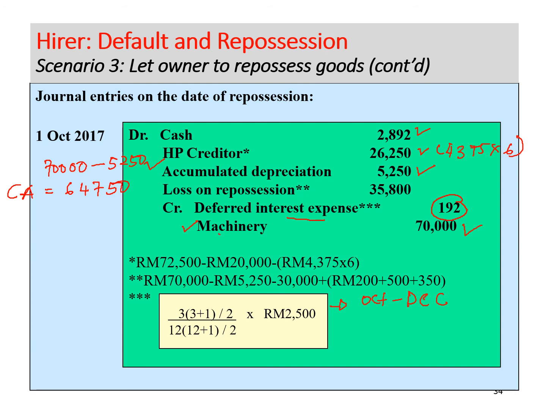Okay, so the value of repossession that the owner actually offers is 30,000, as stated in the question. So this is the repossession amount. So you have recorded in the books of the hirer an amount more than the value that the owner is willing to offer you. So clearly the difference represents a loss because you recorded more than the amount that the owner is willing to offer you when it takes over your assets. So that is a loss of